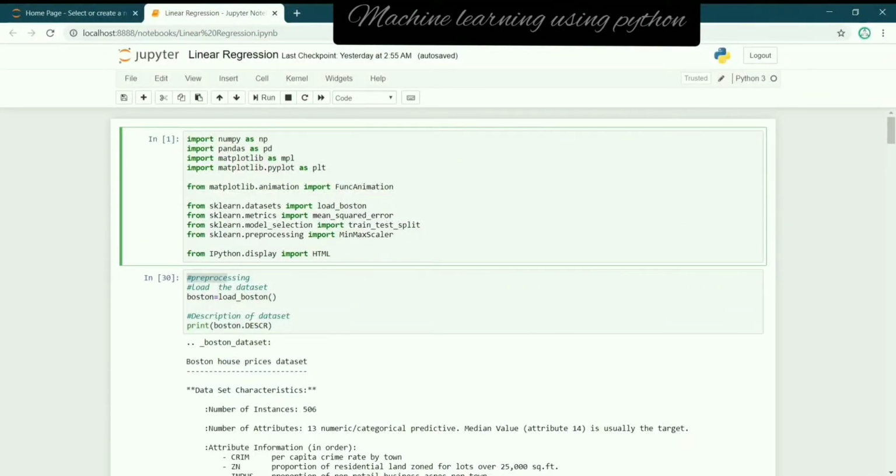Hello everyone, I am going to explain the working of Boston housing price prediction using linear regression. First of all, we have to import different libraries: NumPy, which is used to handle multidimensional arrays; pandas, which provides easy-to-use data structures; matplotlib, which helps us to draw graphs; matplotlib.pyplot, which is used in generating the plot;